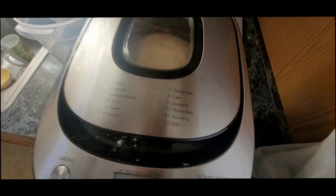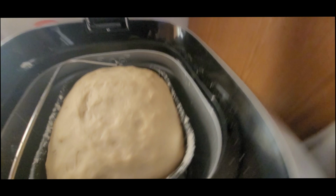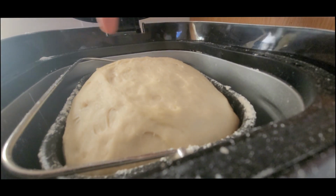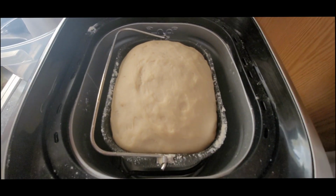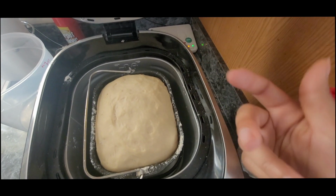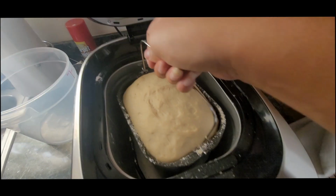So it's probably been about half an hour to 45 minutes, and the dough is now successfully risen to about the top of its little container here. And so I could let it go for a little bit longer, but I'm not gonna risk it because, like I said yesterday, I let it go too much and it literally spilled over and was growing outside of it and all in the crevice here, and it was just a mess. So we're gonna take it out